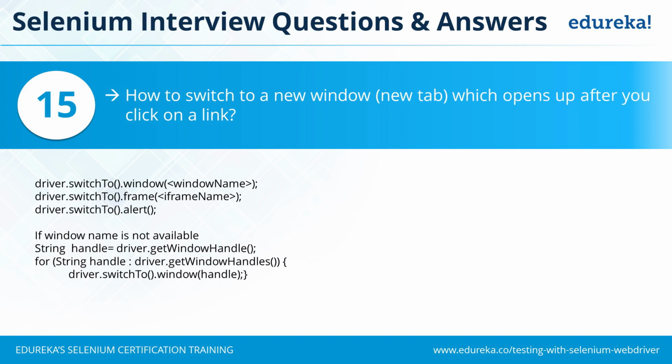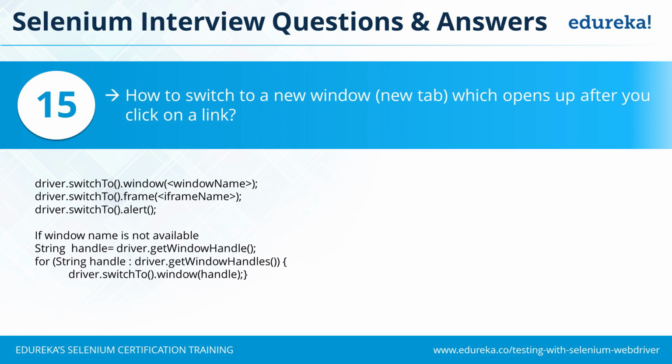You may also have to switch to the frame. So the same command, that is driver.switch_to, but dot frame, because you want to switch to a frame inside the same page, is used to switch to a frame using the name of the frame. And the third one is driver dot switch to alert. So if there is any kind of alert which is asking you to accept it or dismiss it, you need to first go to that alert, and only then you can accept or dismiss it. So we'll be writing driver dot switch to alert.